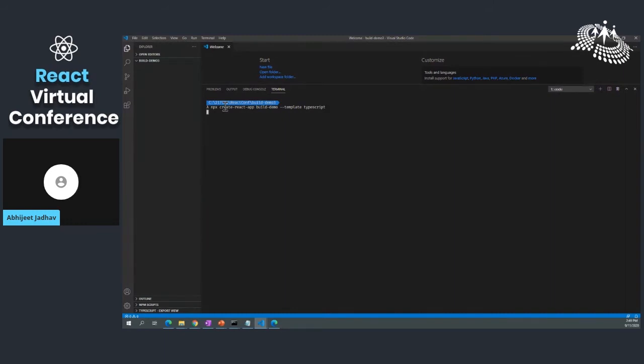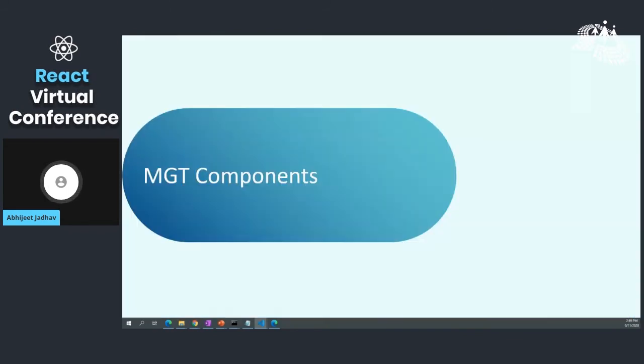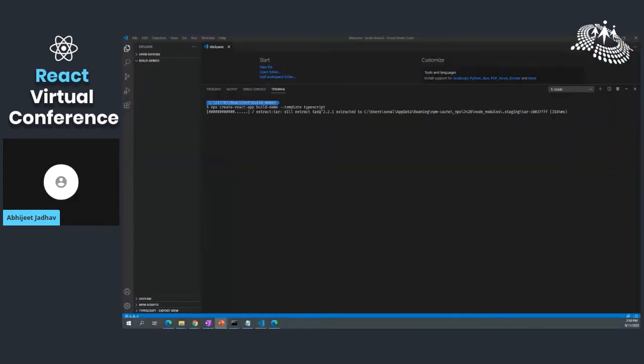Okay, so I've executed this command. I'm creating the app called build demo, and this will create the vanilla React application for us. Until the scaffolding happens, let's go ahead and I'll talk about the MGT components.